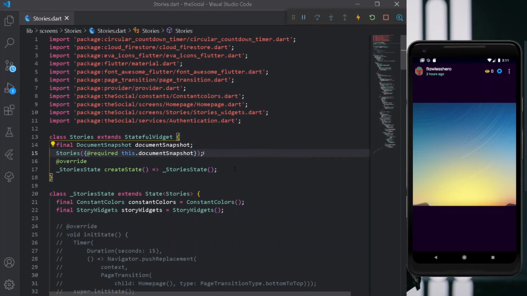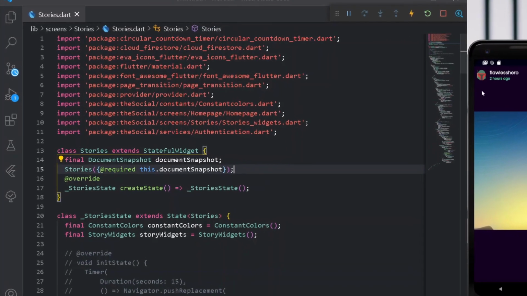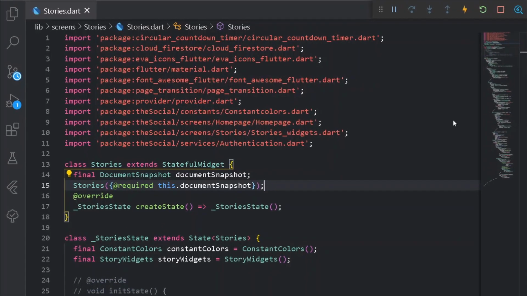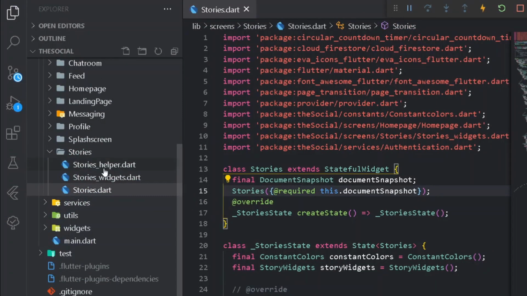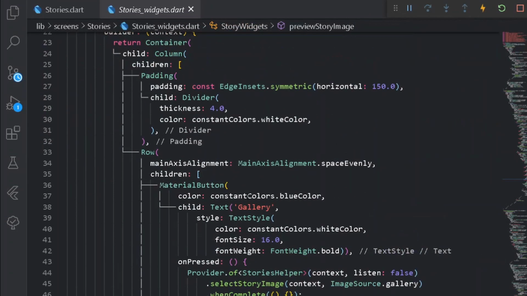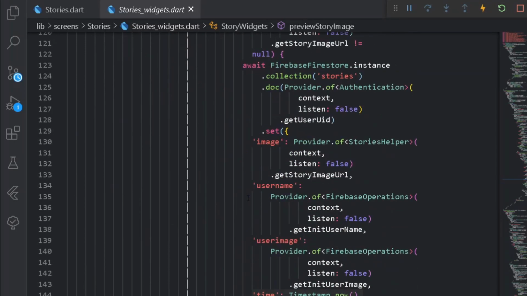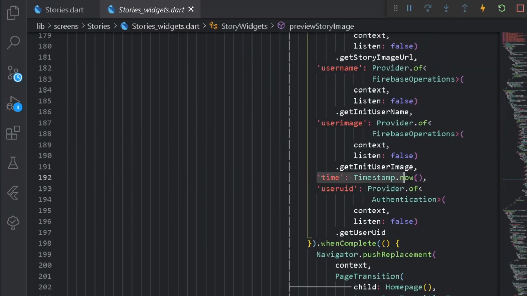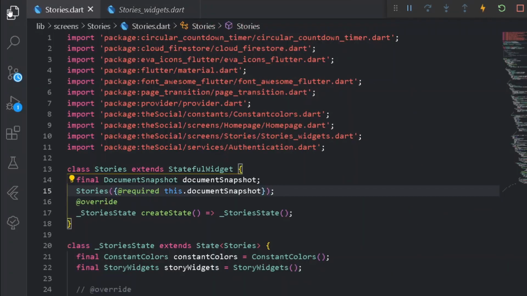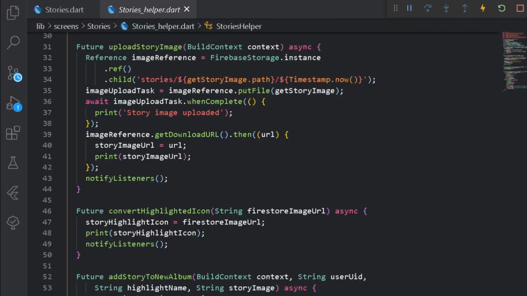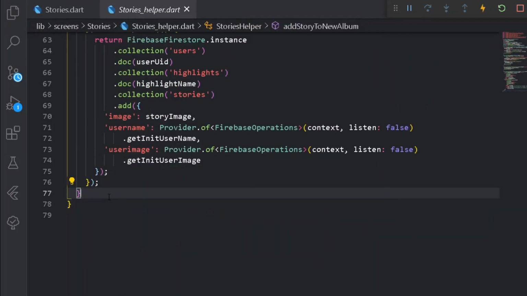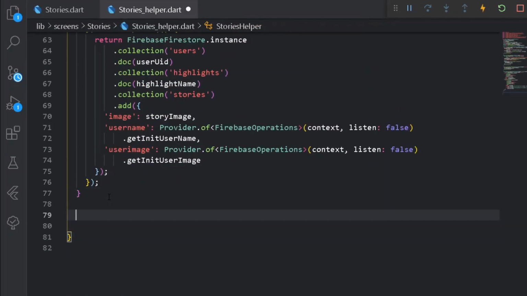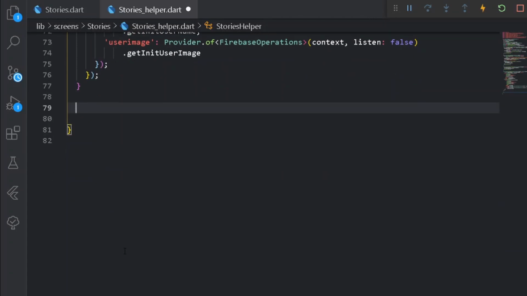So now the first task shall be showing the user the time ago thing for the particular story. If you remember, if I move into my story widgets, at the time of submitting our entire story to our Cloudflare store, we are also submitting a time that the particular story was posted. So what we can really do is go under our stories helpers, that is story helper, come somewhere down, and here create a new method for fetching the time of the particular story.